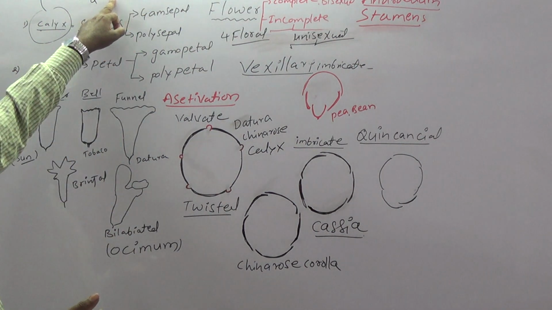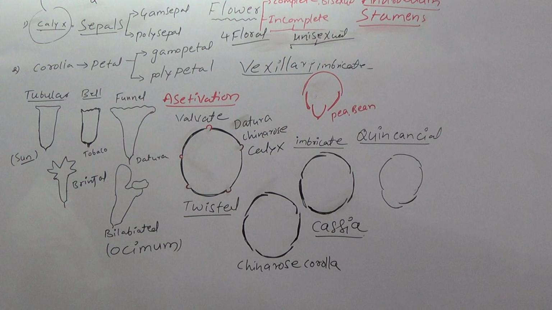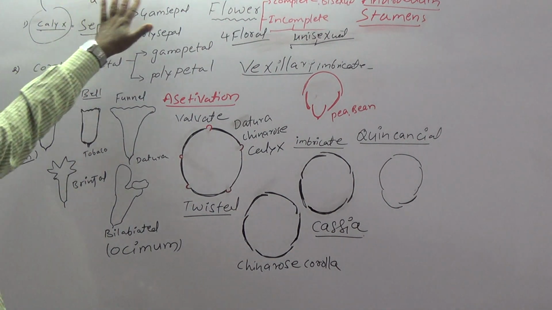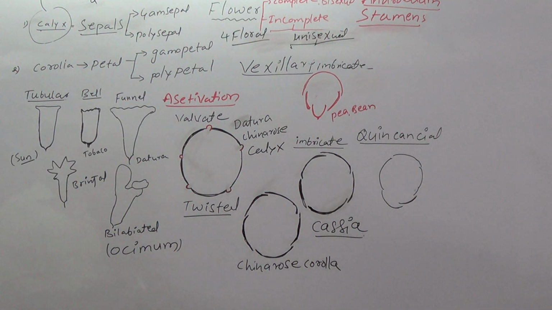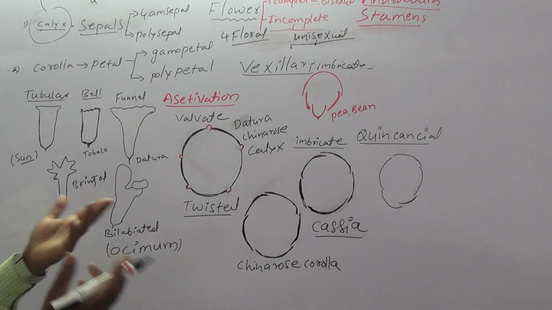Now this is the polysepalous symbol. Now this is the gamosepalous symbol. So the symbols are very important. And the position of the calyx in the floral diagram is also very important for the MCET examination pattern. Then what is the function of the calyx? Everyone knows it is the protective layer of the flower.